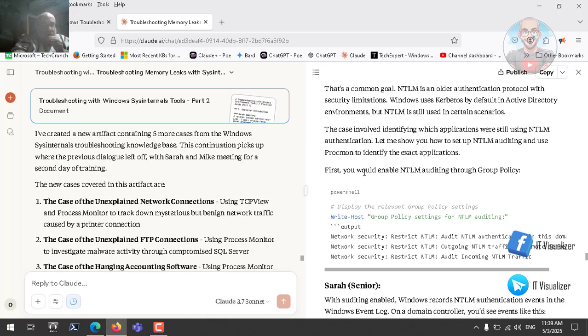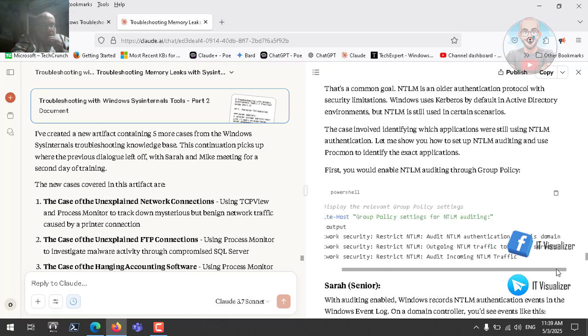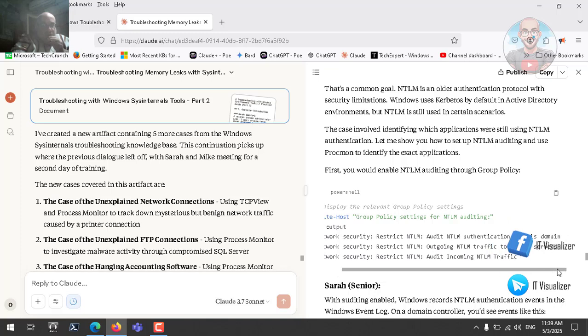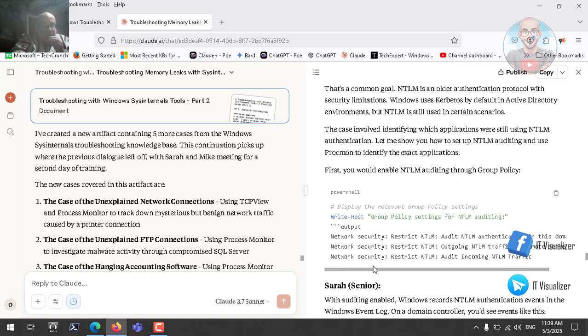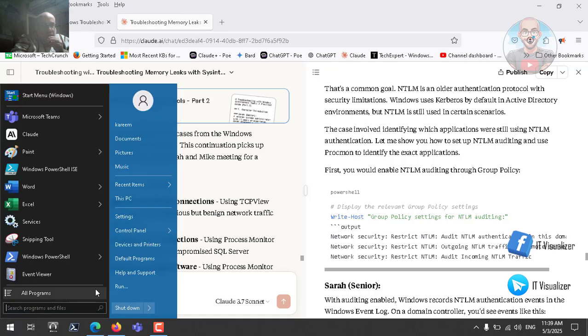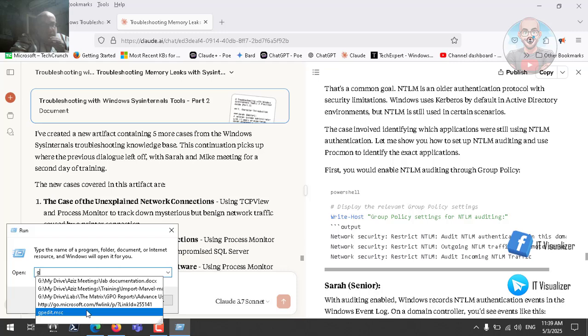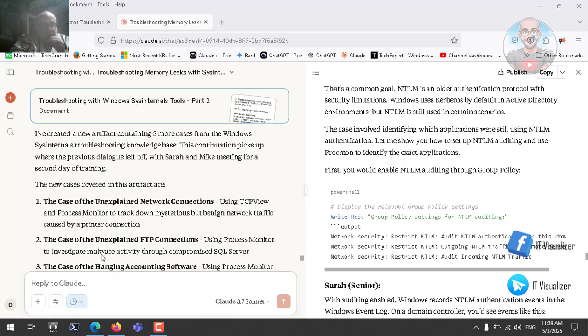First of all, we need to enable NTLM auditing through group policy. This will be done using a group policy in an Active Directory environment, and actually this can also be activated using the local group policy. Let me show you. If I go there and run gpedit, okay, and then open like that,